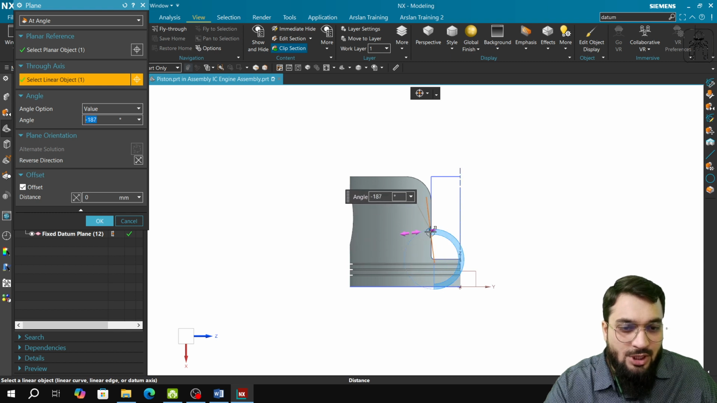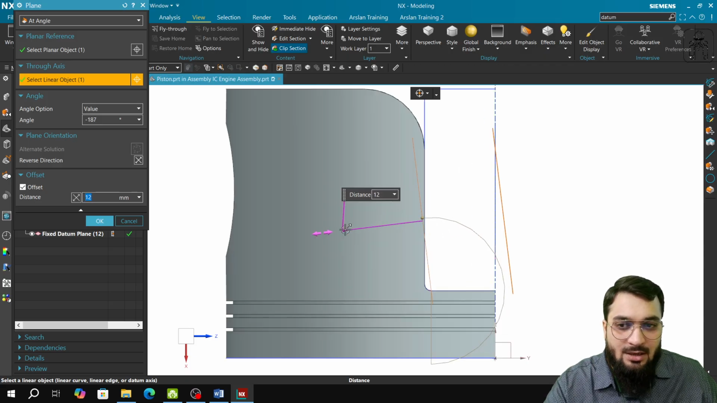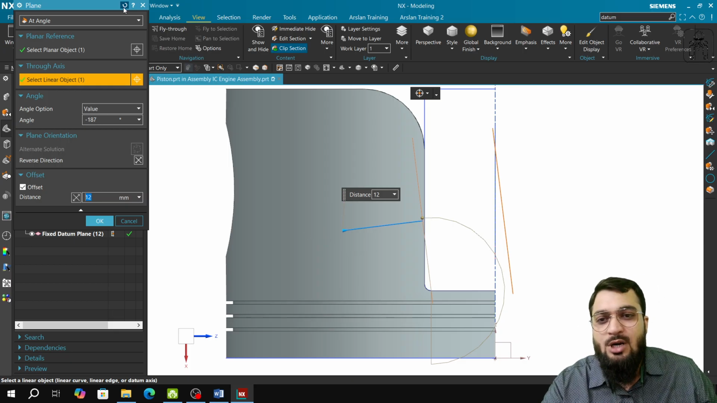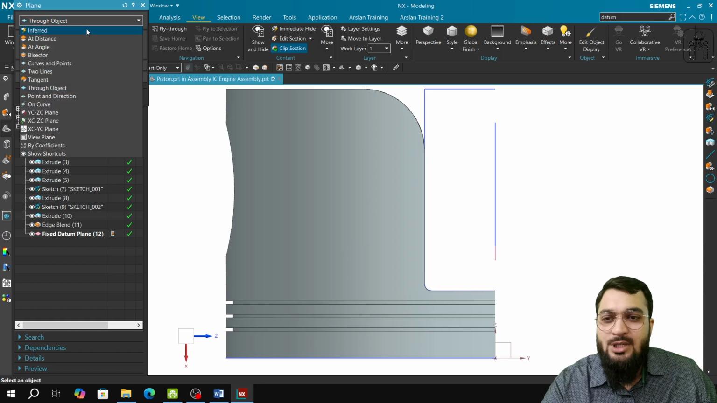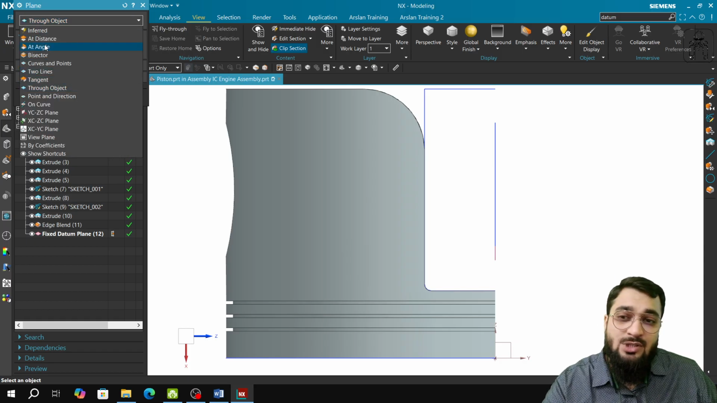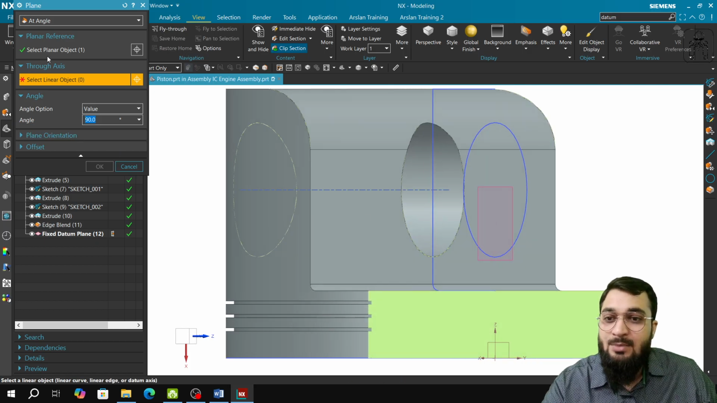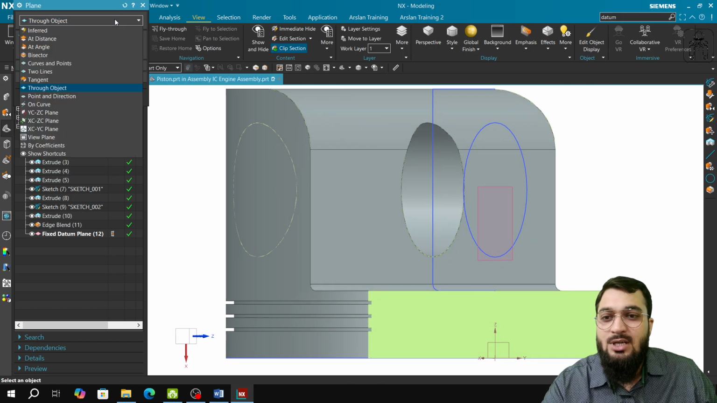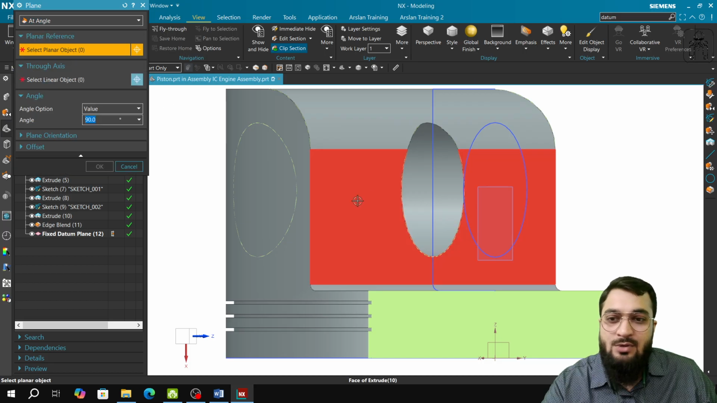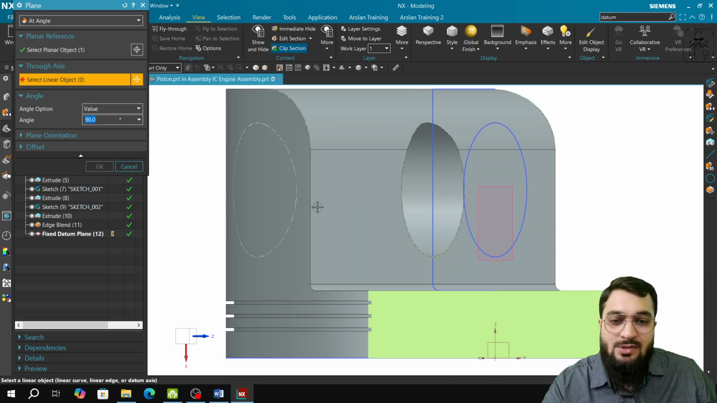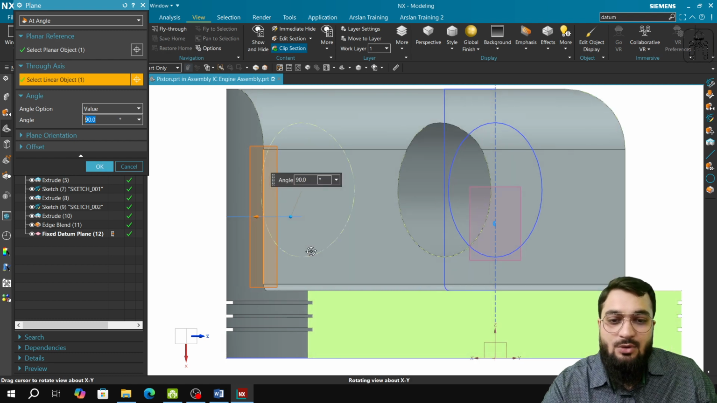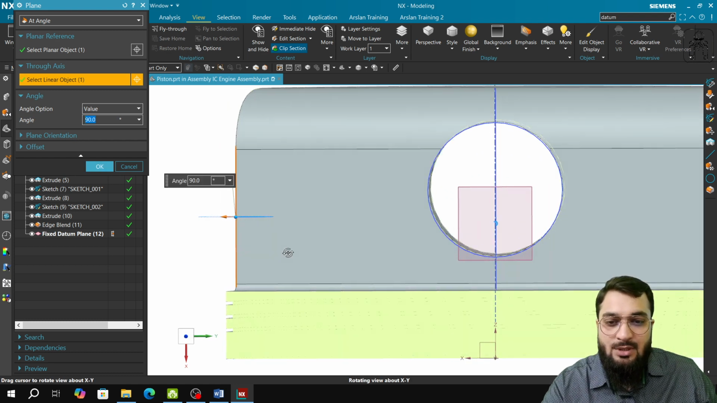Furthermore, you can also change the angle using this and also change the distance of your linear object through this. So these are some of the methods on how to create a section using an angle. You will first select At an Angle, you will select a planar object, then you will select a linear object, and then you will have a plane with the section view